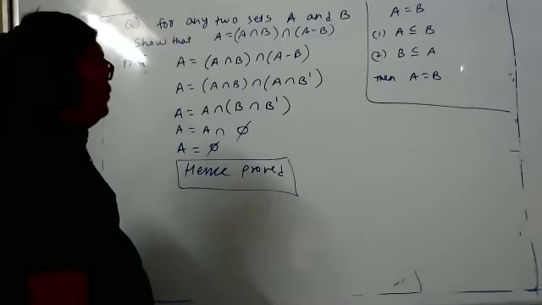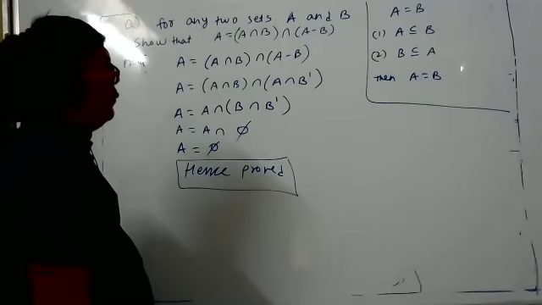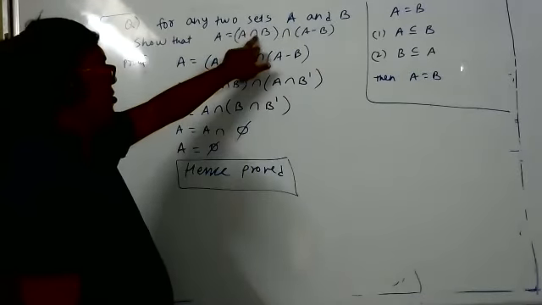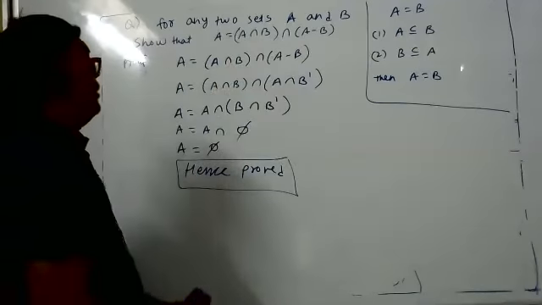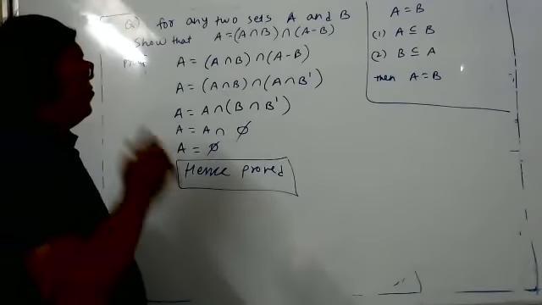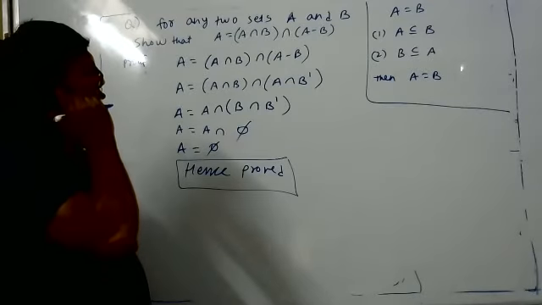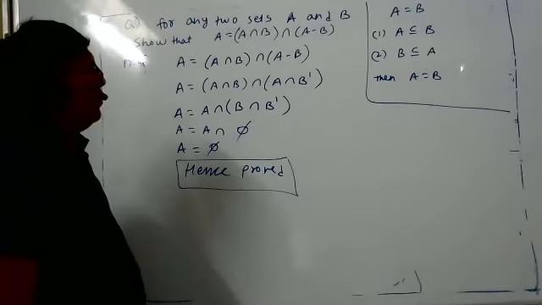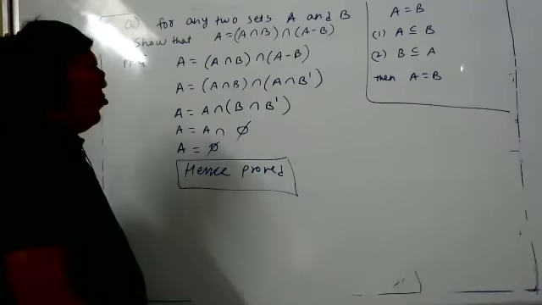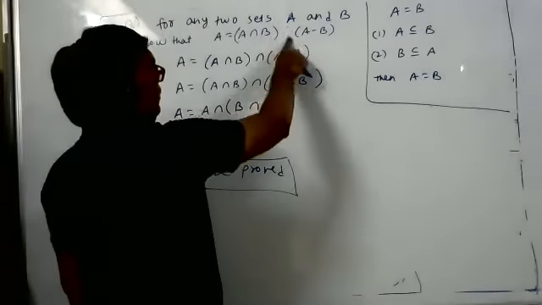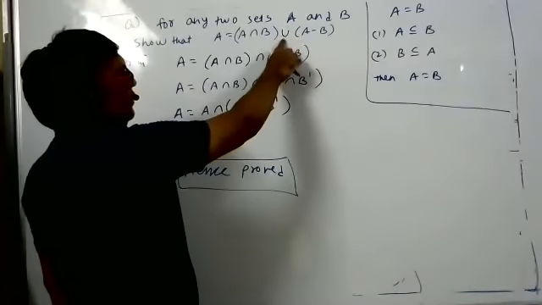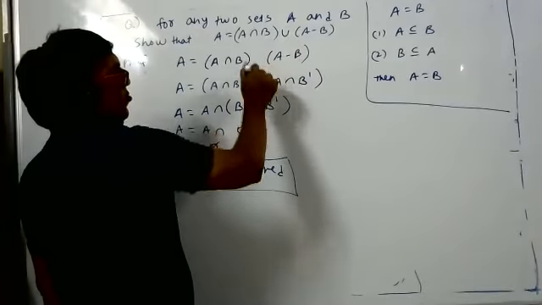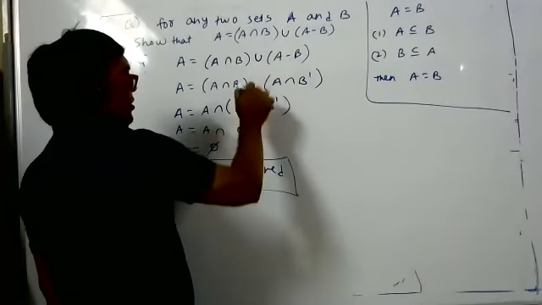Sir, I think the A intersection null set should be A union null set. That's why here union will come, and the answer will come. There is a question like this in NCERT, in miscellaneous exercise 8th question: A is equal to A intersection B union A minus B. Union is there in NCERT. I think union should be here because the steps I did are correct.